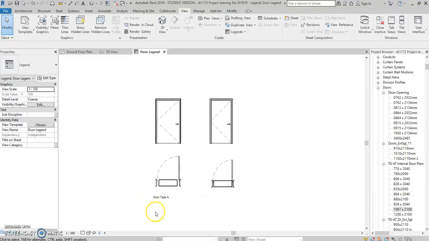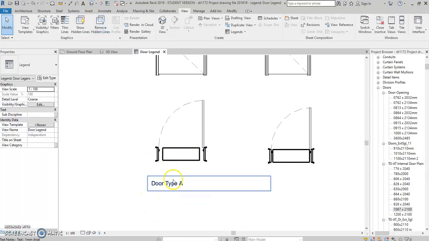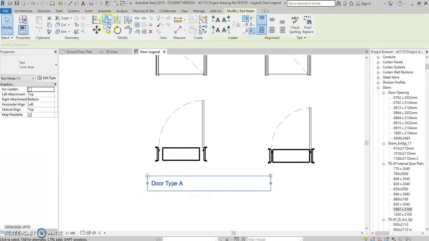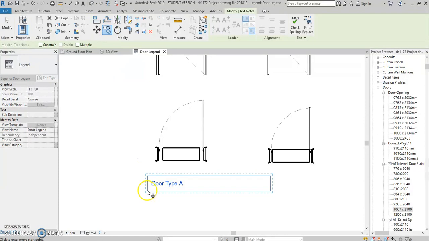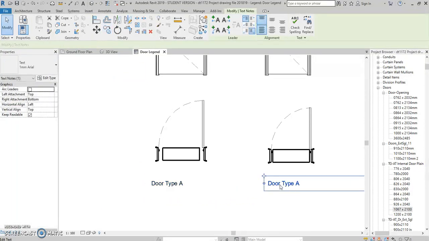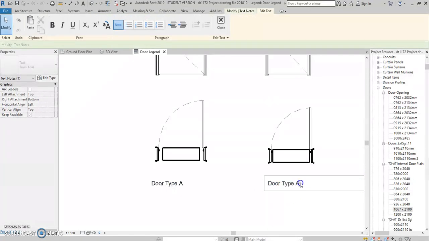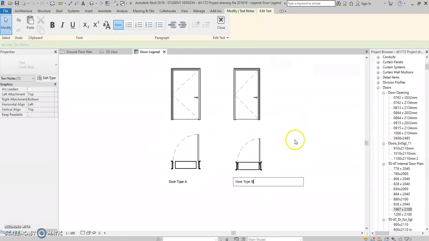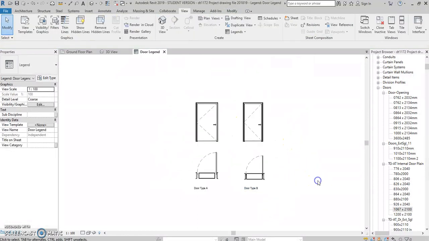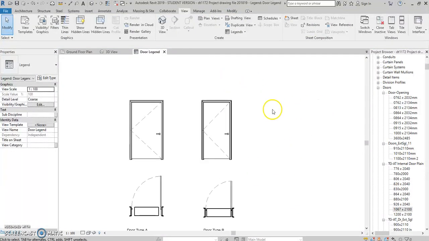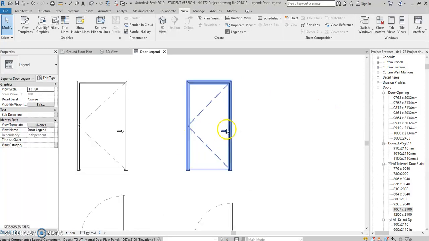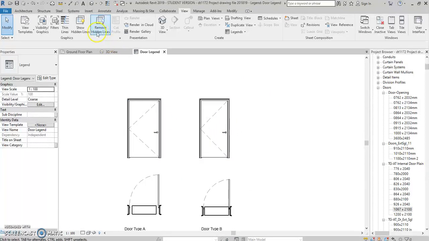So it's lined up here, and I can put in new text, or what I could do is click here, click on copy, and then just drag this across. And now I'm going to put in door type, double click here, and I just have to put in door type B. Okay, so put in door type B, and now I click outside, and you can see I've started to create my legend. So you can see the way the door is hung, and what we can do now